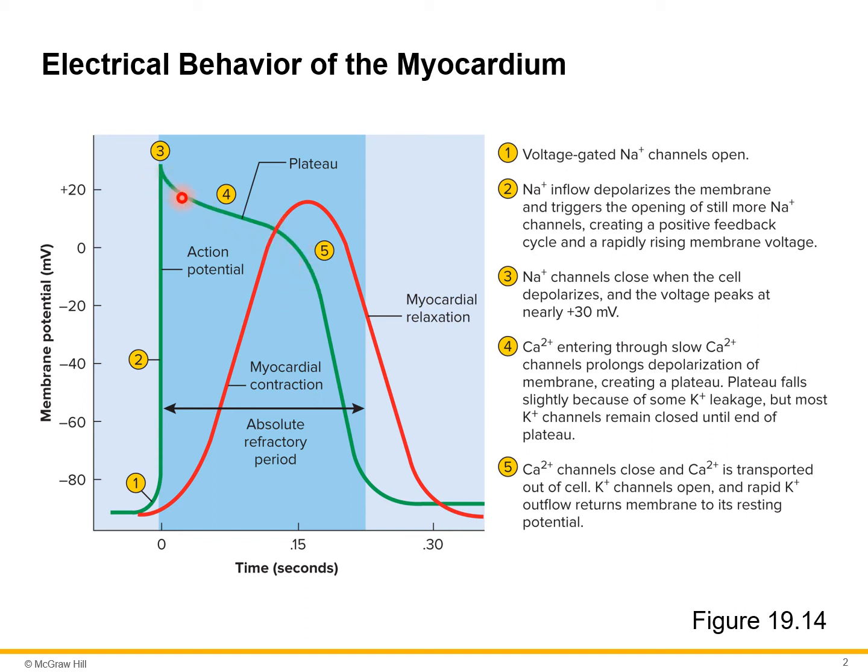So you can see that these slow-acting calcium channels create a plateau phase over here. So this phase is prolonged, and this is very different from what you would see in skeletal muscles and neurons. This plateau phase lasts for about 250 milliseconds, whereas in skeletal muscle and neurons, they last only for about 2 milliseconds. So this prolonged plateau phase is important to allow the heart to contract properly and to allow the blood